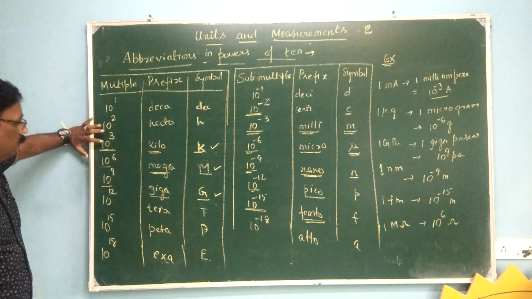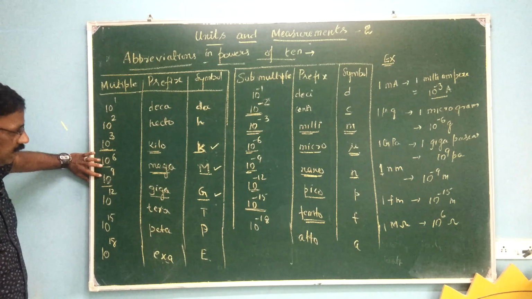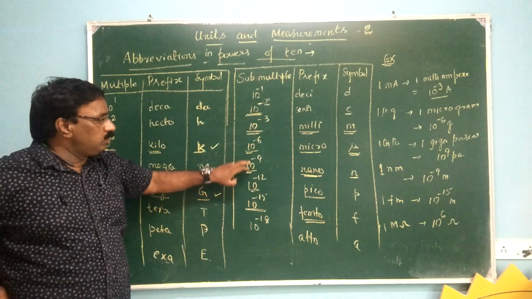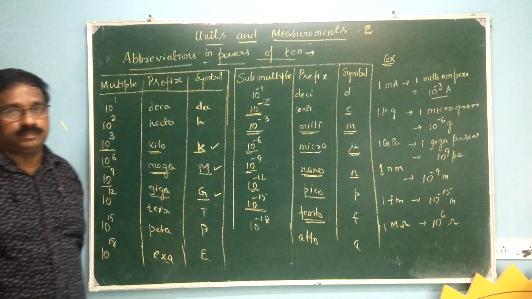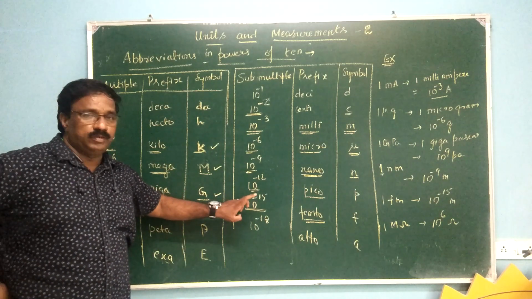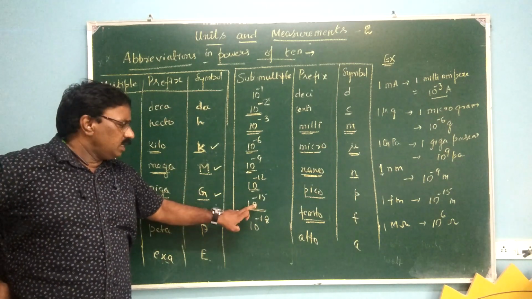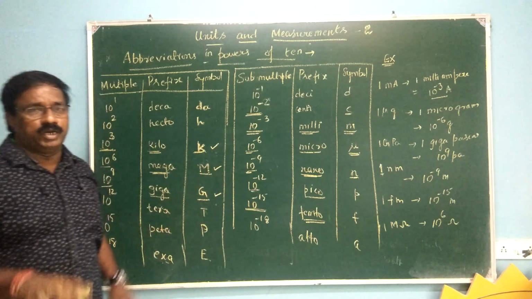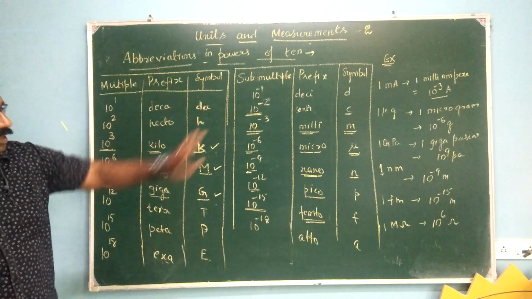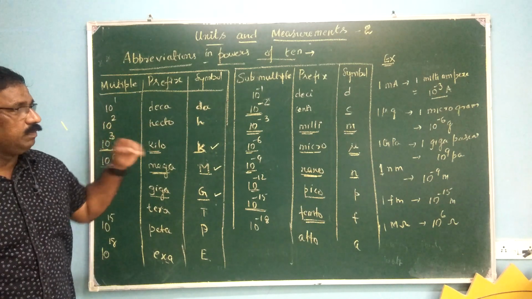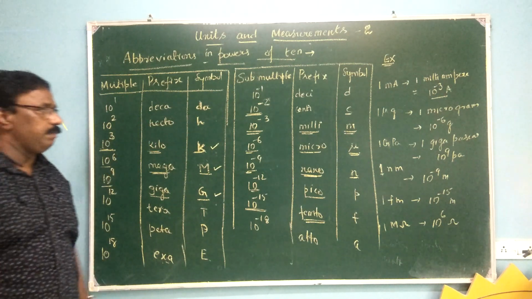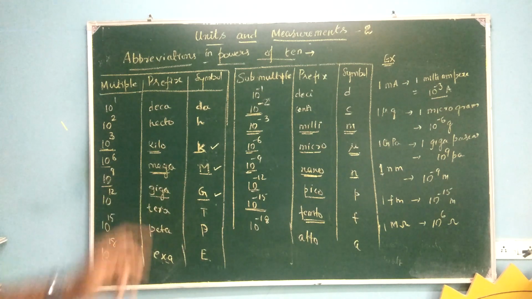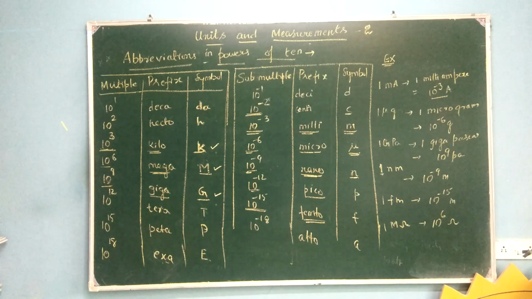Mostly we use kilo, mega, giga. Here we use centi, milli, micro, nano and so on. And sometimes femto. In class 12 we mostly use this in nuclear sizes to represent. The remaining we use commonly in numericals. Understood how to convert them? 1 milliampere means 10 power minus 3 amperes. So this is very, very important: abbreviations in powers of 10.